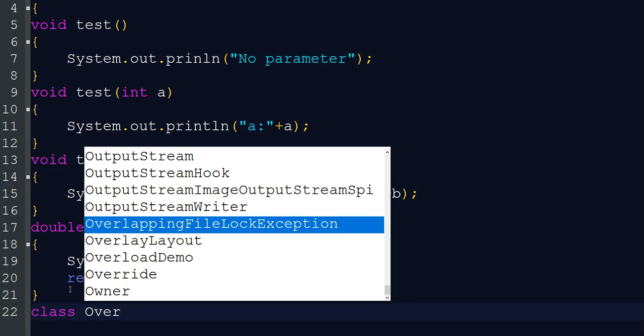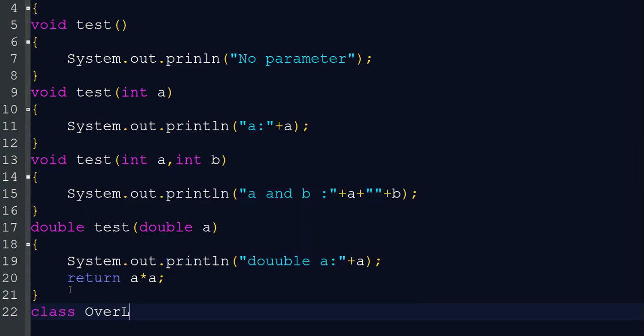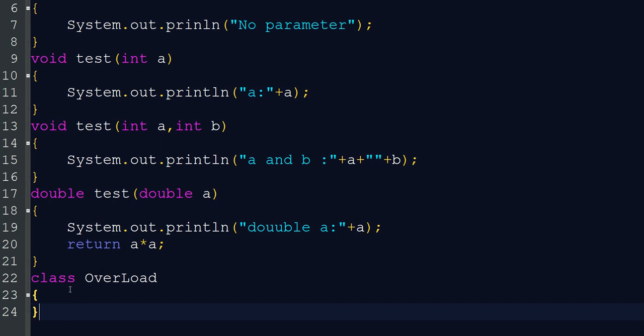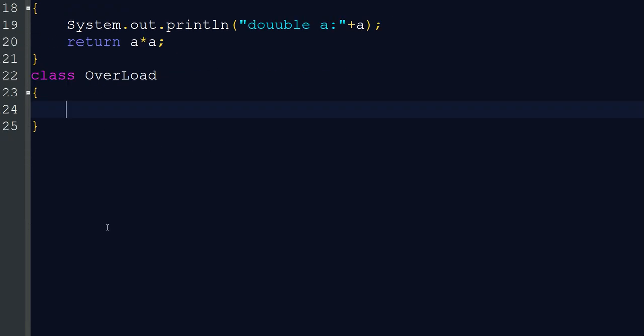Okay. Now we are going to create the main class, that is Overload. In this class, we are going to create an object of the above class, and we are trying to call all these methods.